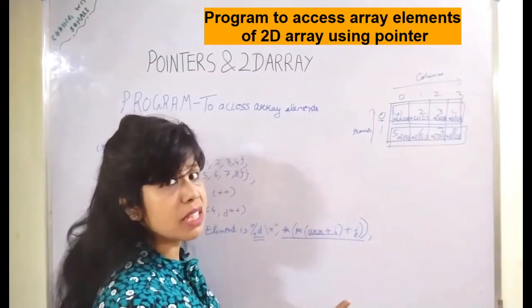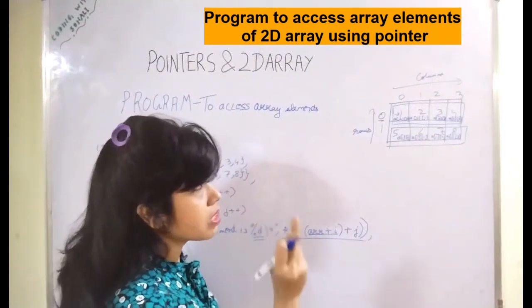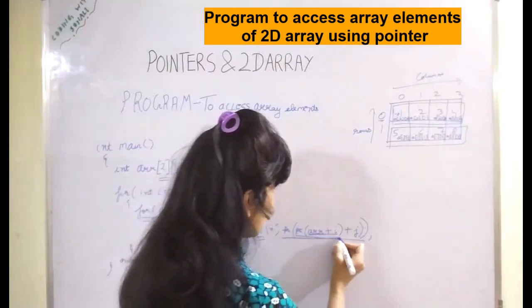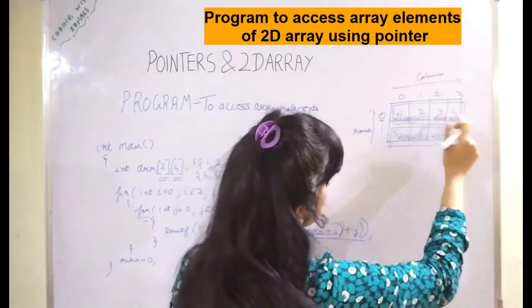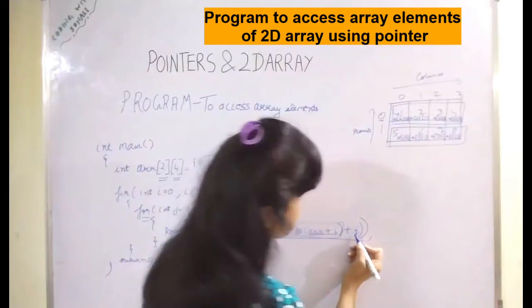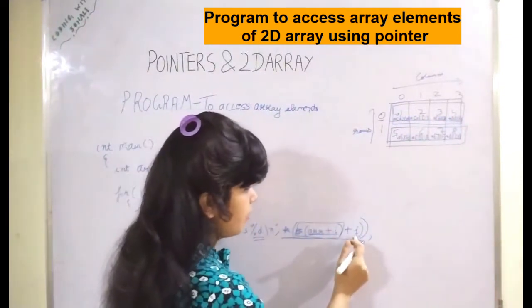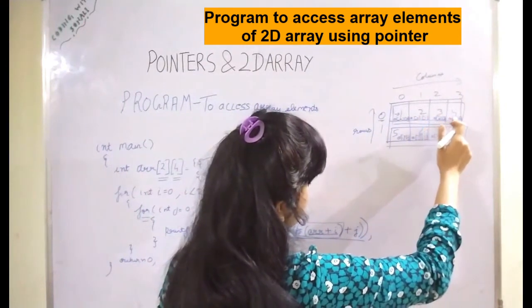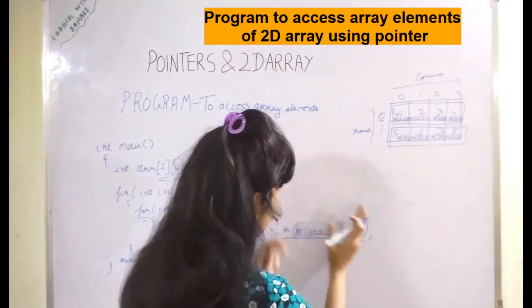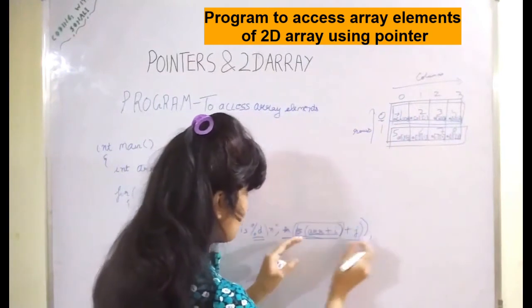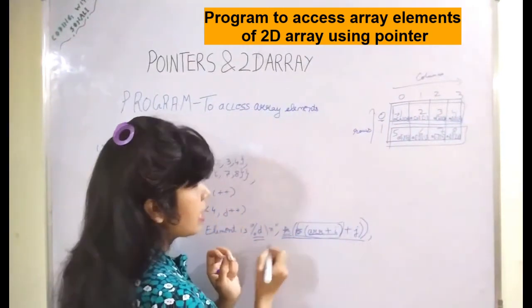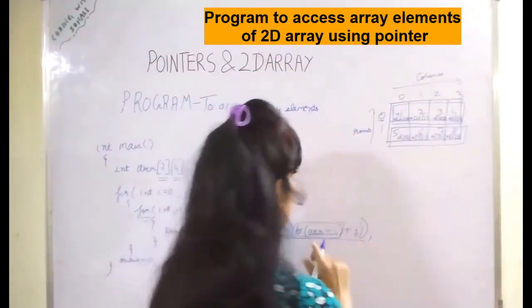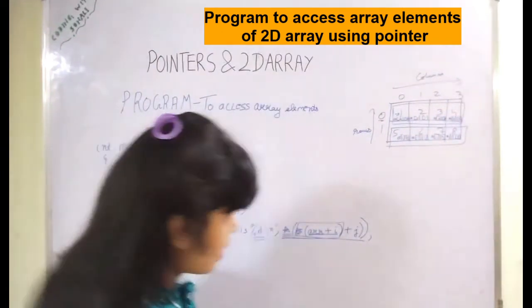Since we have to access the element, we have to dereference it until you get an element. Now if you have to reach a particular element, we are adding j, as we have seen earlier. We are adding j depending upon which element's address we want. And in the final expression, if you use this star before it, it will finally give you the value at that address. So this is how you can access the array element.